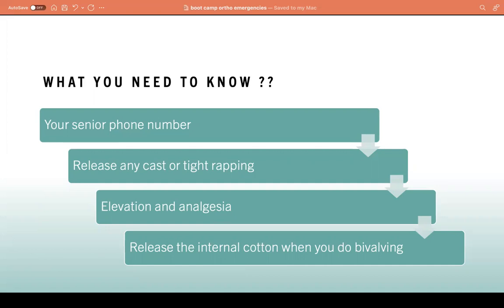If you have any cast that's tight or tight wrapping, please release it, elevate the limb, and give the patient analgesia and see if he improves or not. Okay. But this is after the patient has been assessed with you. If you want to do a bivalve,